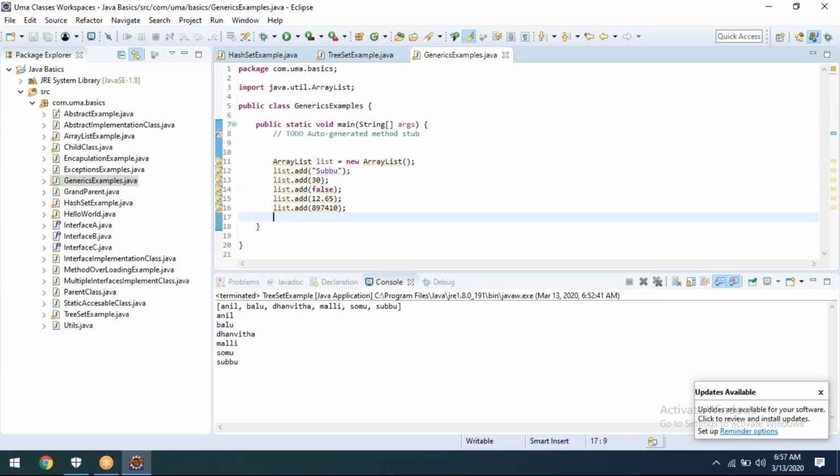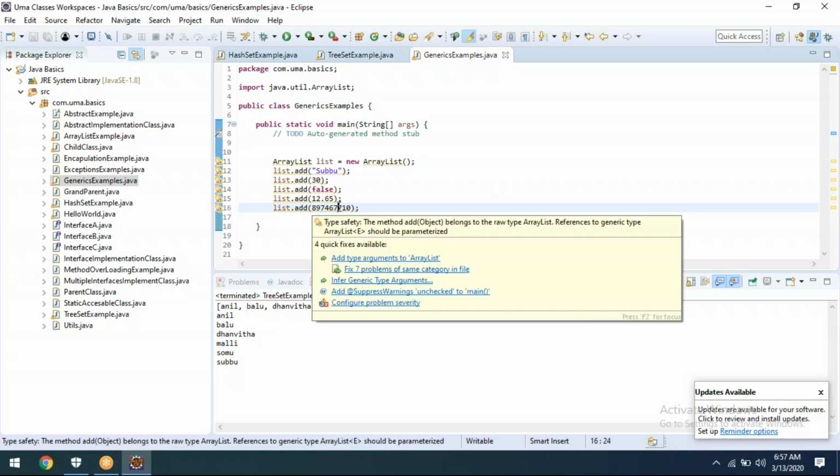See, whatever values I'm typing here, I'm adding, it's something crazy and different. Sometimes I'm giving a string, sometimes an integer, sometimes a boolean false, or a double or float or something else, sometimes a long variable.